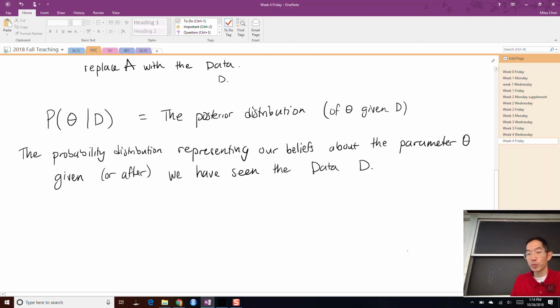Okay, the posterior distribution. So this would be the probability of theta given data is equal to, and then